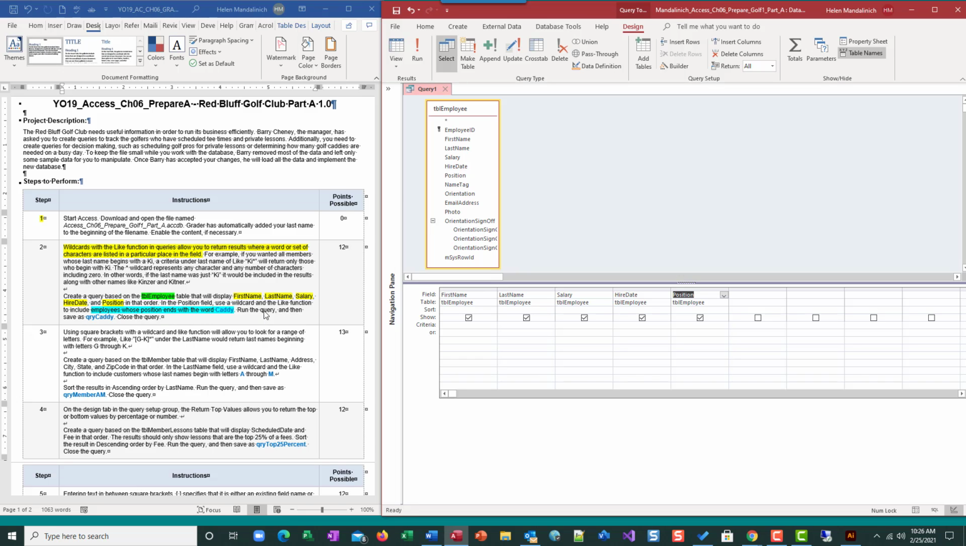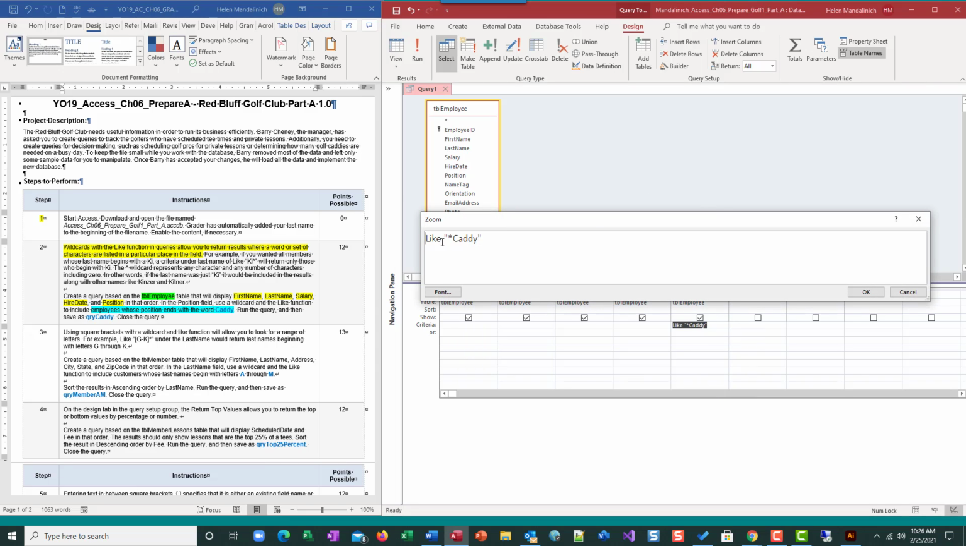And so position is the one where we're going to include a criteria. So I find position, I move to the criteria row, and I could just do asterisk caddy, and then watch what happens when I hit tab. So Access puts the like, let me zoom so you guys can see it a little better. So Access puts the like and it puts the quotes,